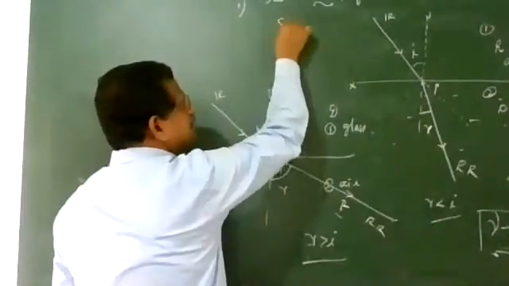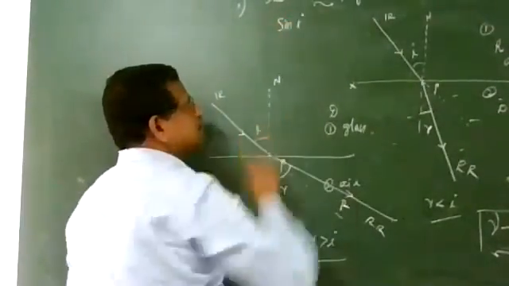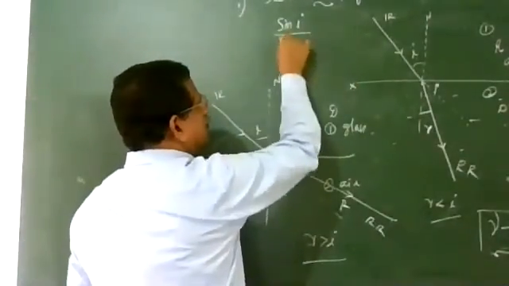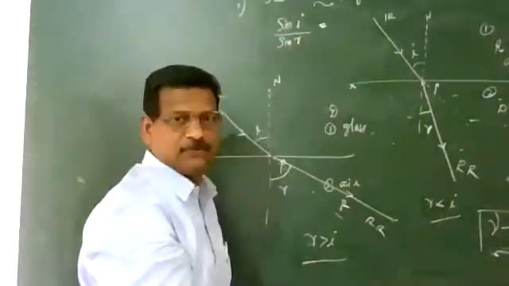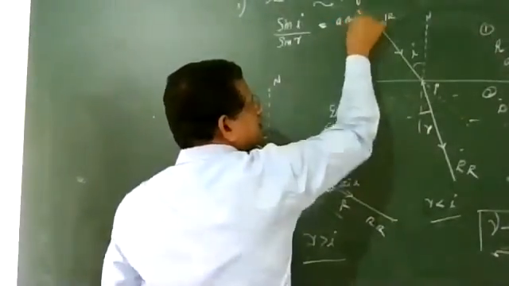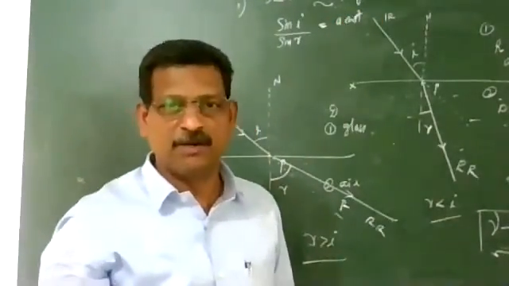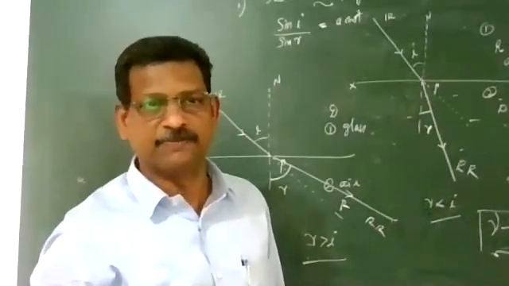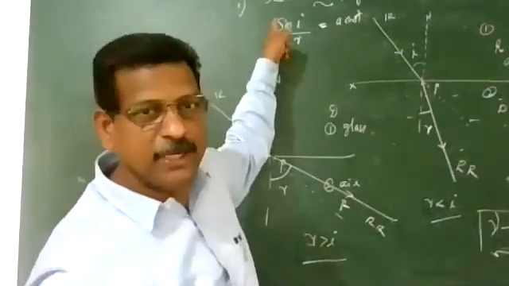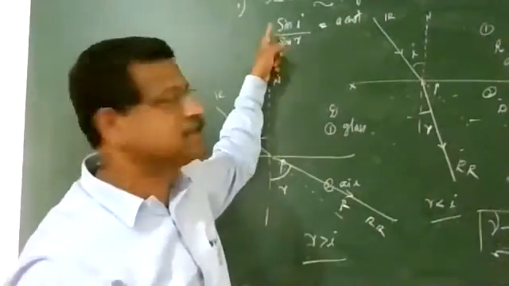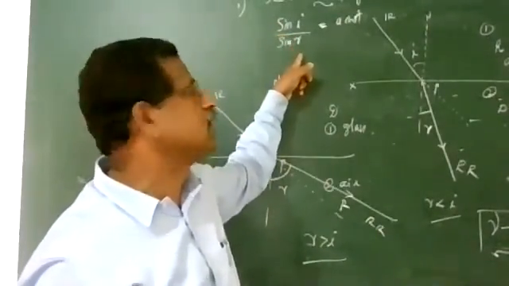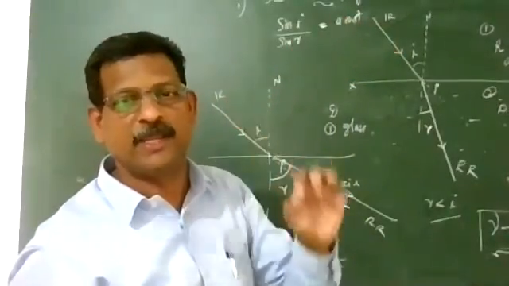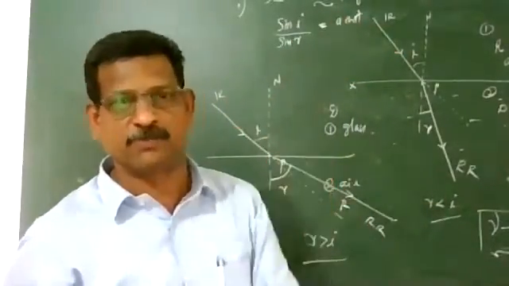This is defined as the ratio of the sine of angle of incidence to the sine of angle of refraction equal to a constant. This constant depends upon the properties of the medium and in turn it depends upon the wavelength. We'll see on the way. So Snell's law of refraction states that the sine of angle of incidence to the sine of angle of refraction is equal to a constant, which is called the refractive index of the second medium with respect to the first medium.